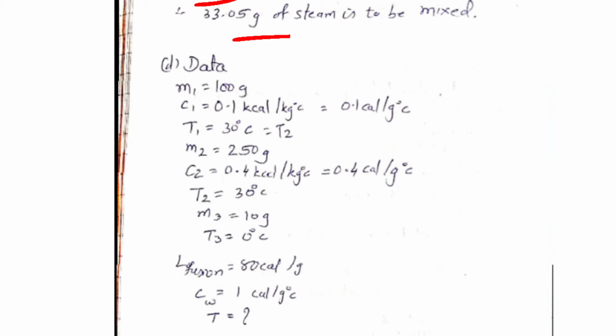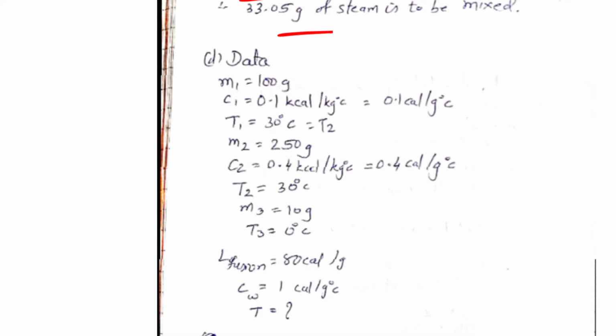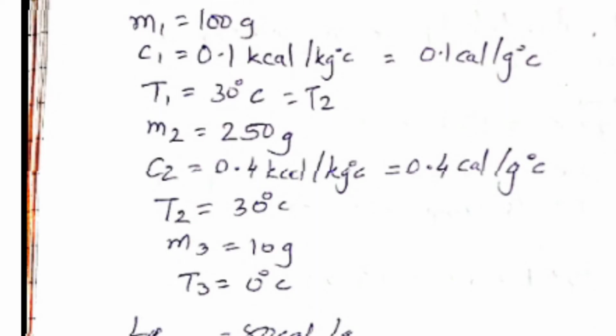We have a calorimeter of 100 grams with a specific heat of 0.1. Now it contains 250 grams of liquid at 30 degrees Celsius. That means the temperature of the calorimeter as well as the liquid is 30 degrees. Is this part clear? And what is the mass of the water? Water is given or liquid is given? 250 grams of liquid. So the mass M2 is 250. T1 and T2 both are room temperature, which is 30 degrees Celsius.